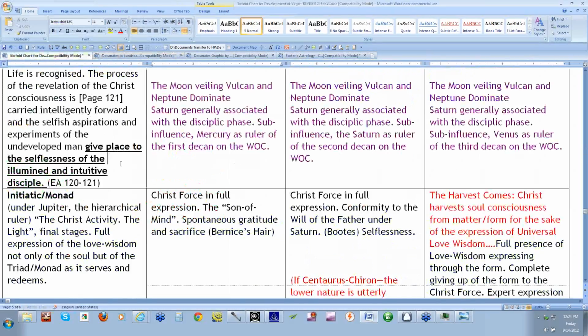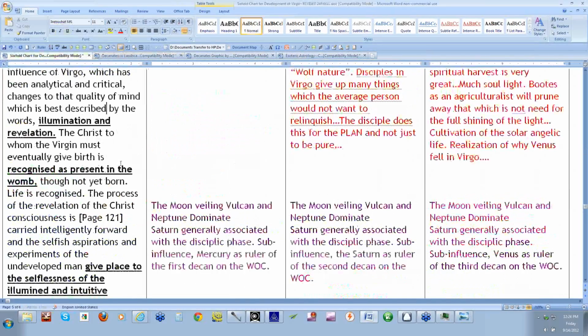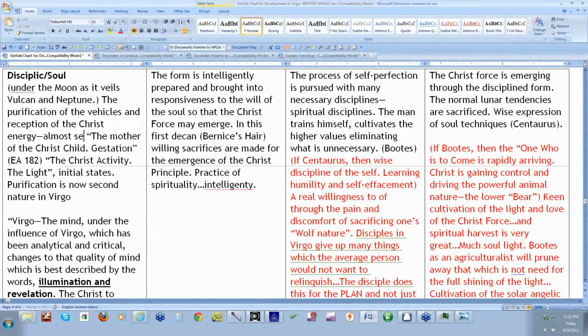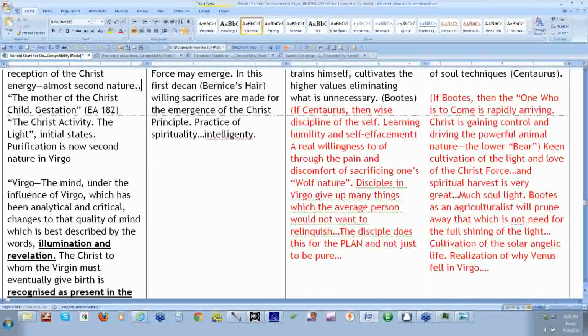In the sixfold stage, I'll begin, if I'm repeating myself, forgive me, but I'll begin with the disciplic soul stage. And this is operating under the Moon and Vulcan and Neptune. There is a purification of the vehicles going on here, but it is almost second nature, let's just say. The Mother of the Christ,